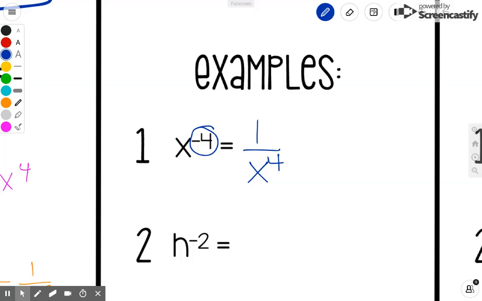Okay, let's try this one. Let's say this is over 2. So we're going to change